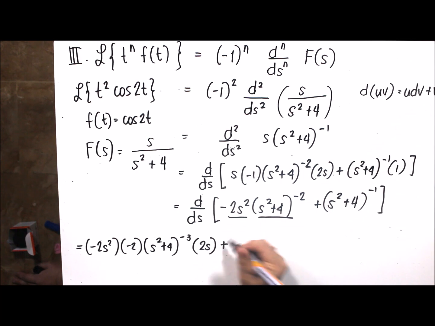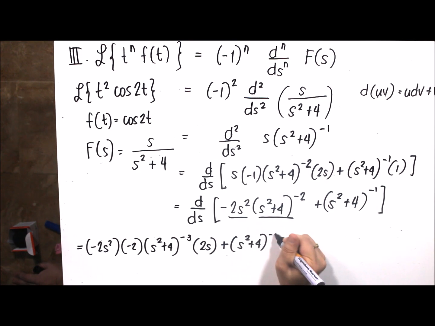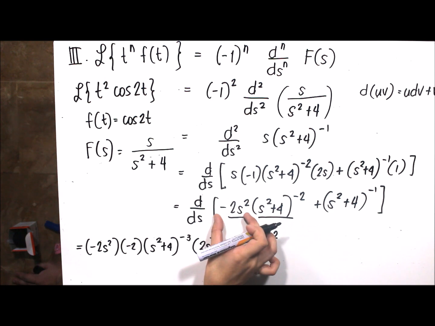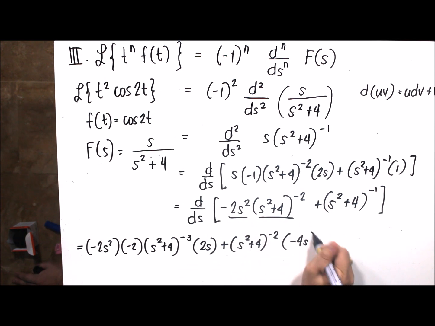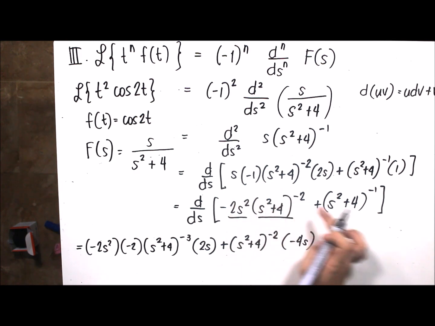Still have plus, second term naman. Copy the second term, times derivative ni first term. So, the derivative of the first term is negative 4s. So, we're done with the first term, plus,